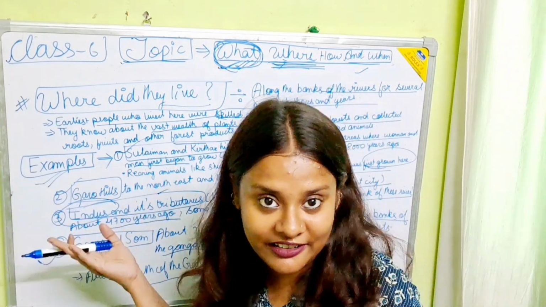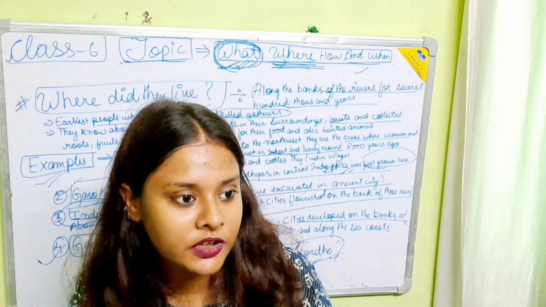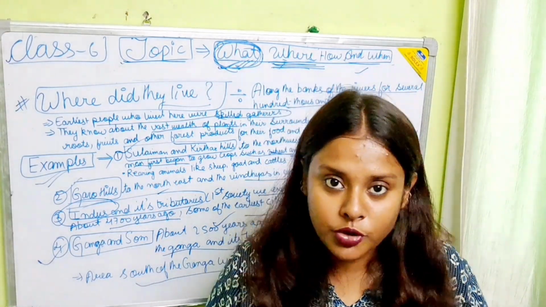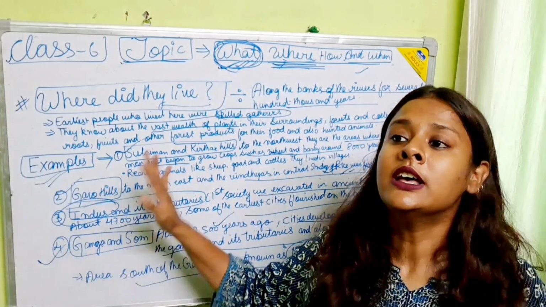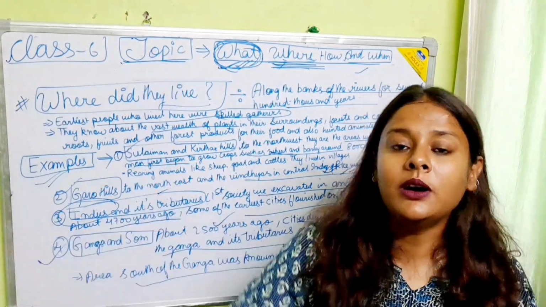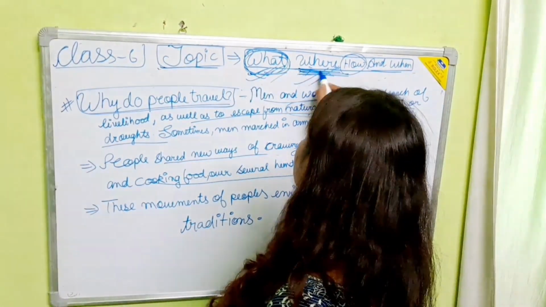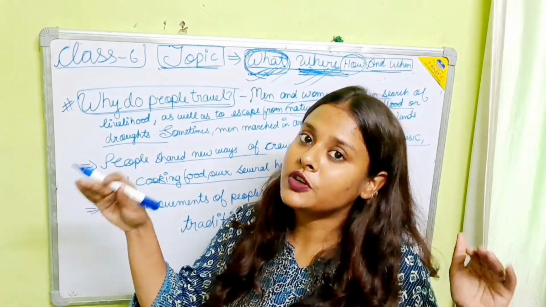Where did they live? Obviously, the people used to live near the rivers so that there would be availability of water and food for them. That's why their civilizations or cultures were established and flourished near rivers. I hope it is clear now. After discussing where people lived, near the banks of the rivers,